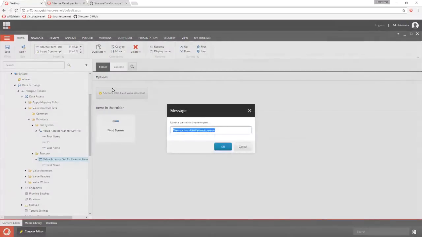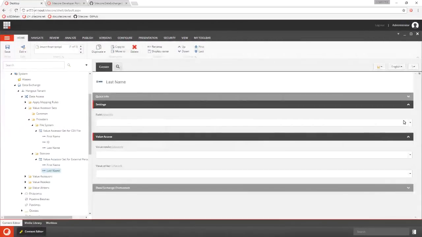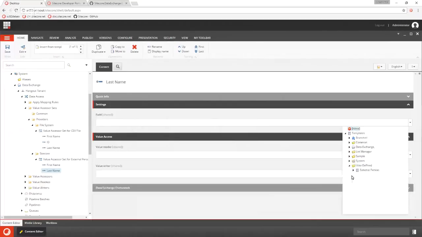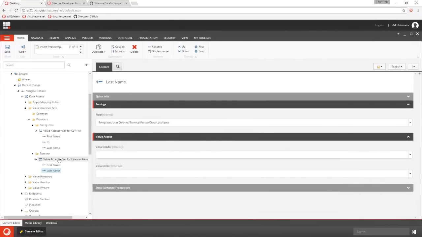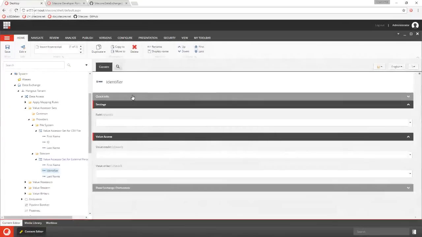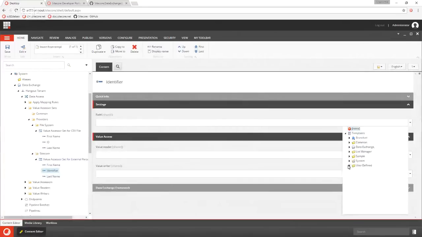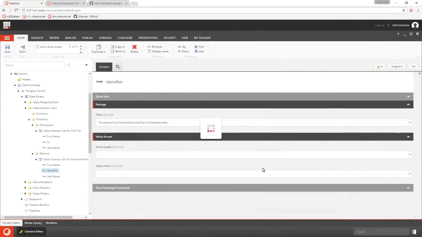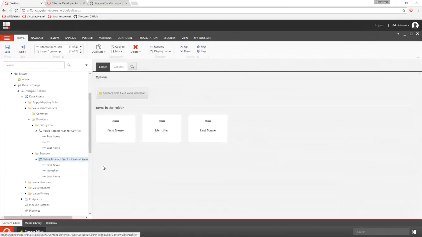So I need to do this for last name. Same sort of thing, find the field in the template and select it. And do the same thing for identifier. Save this. And while you're saving and going through, I don't want to stop the flow, but just to make note of